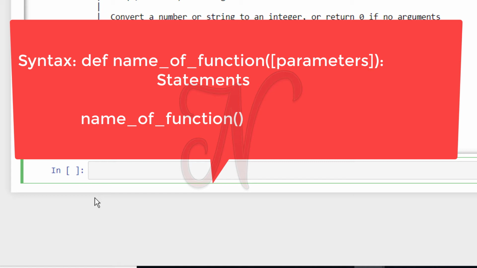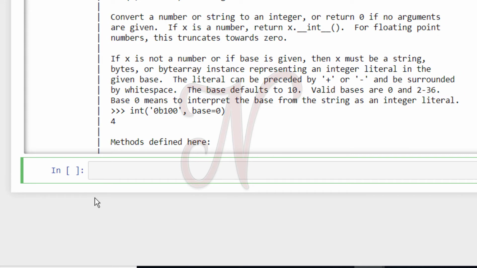Going to the next line, you are in indentation mode, then pass some statements which are inside this function. If you want to call this function, then pass the function name. In the syntax, my function name is the name of the function, then opening and closing brackets, then hit enter. So this is one syntax. See one example. First the def keyword, then func name, this is my function name, then colon.